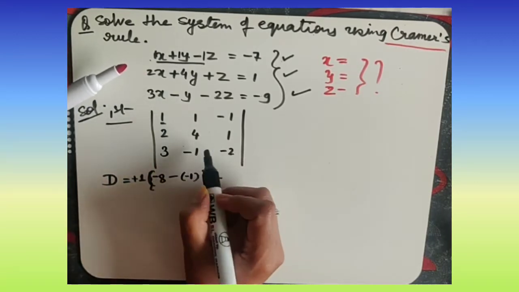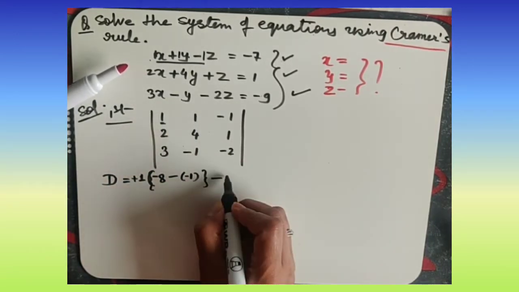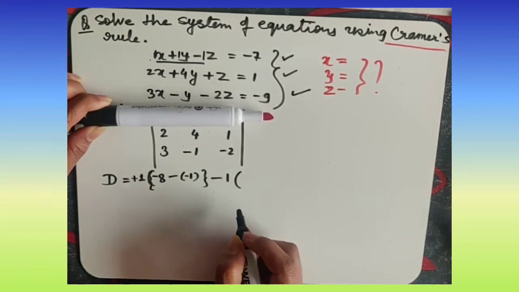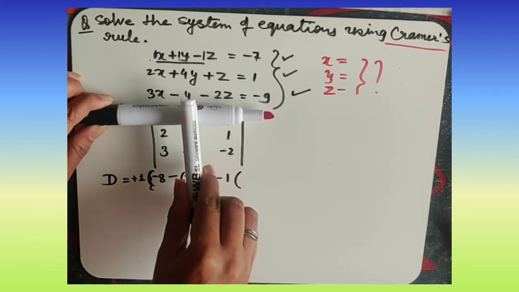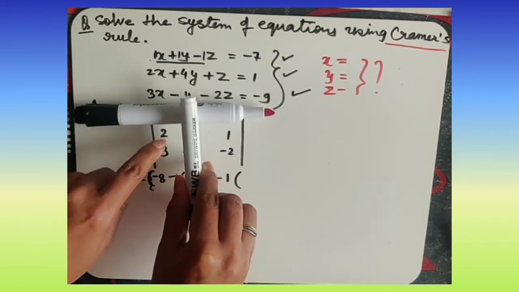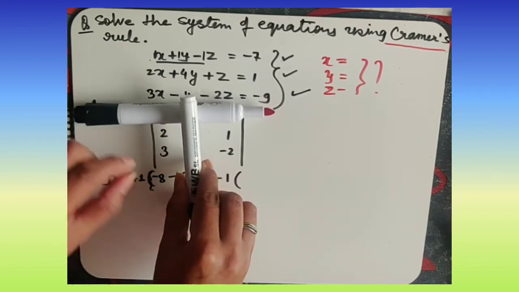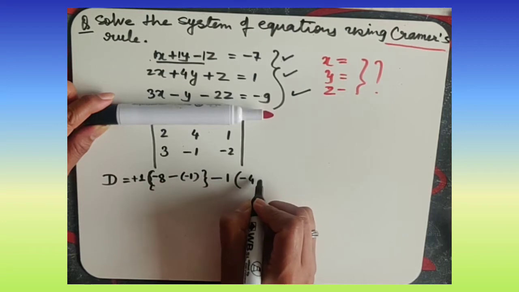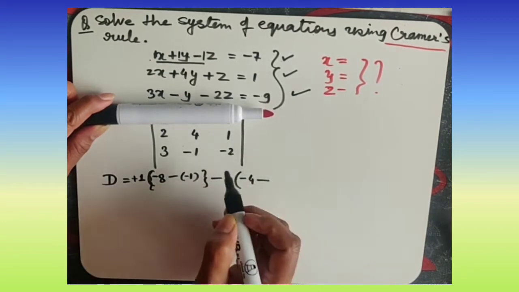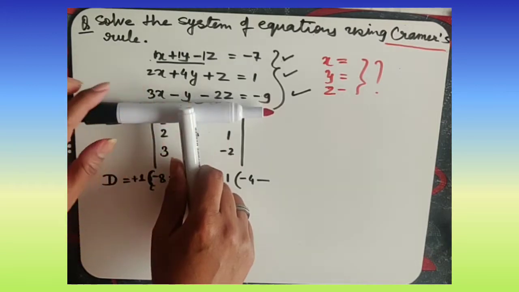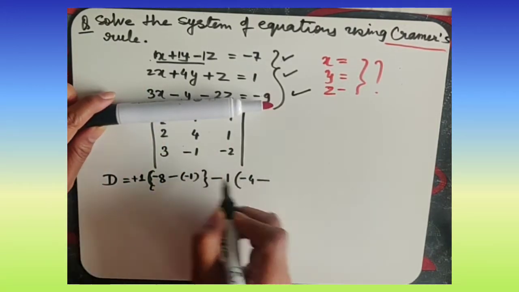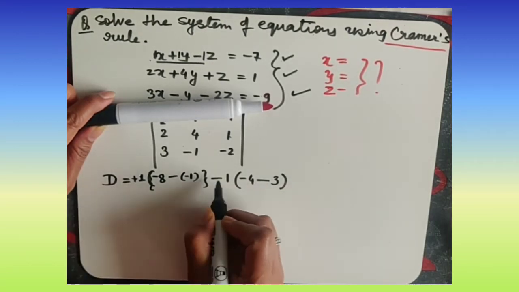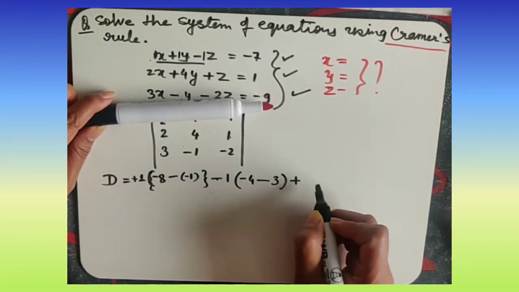Then second, I will take this 1 and then again the bracket and leave this row and this column. Then we do 2 times -2, that will be -4, and then the rule says here it is minus, and then 3 times 1, so -3 multiplied by 1 is 3. And then here it will be plus, minus and then again plus.